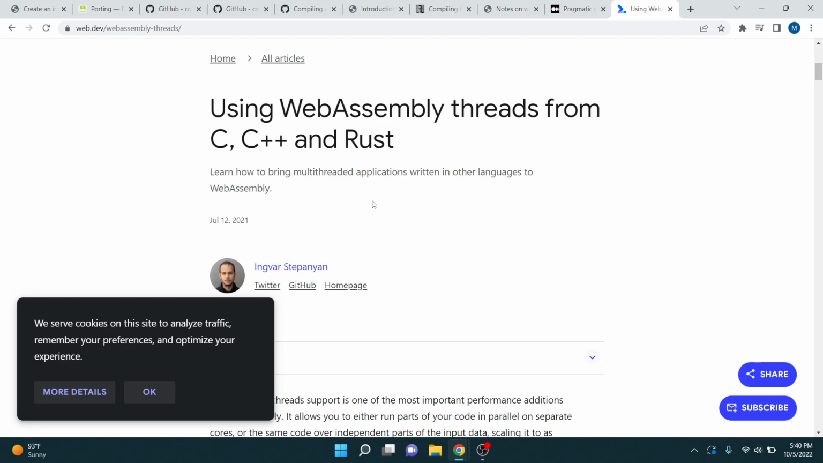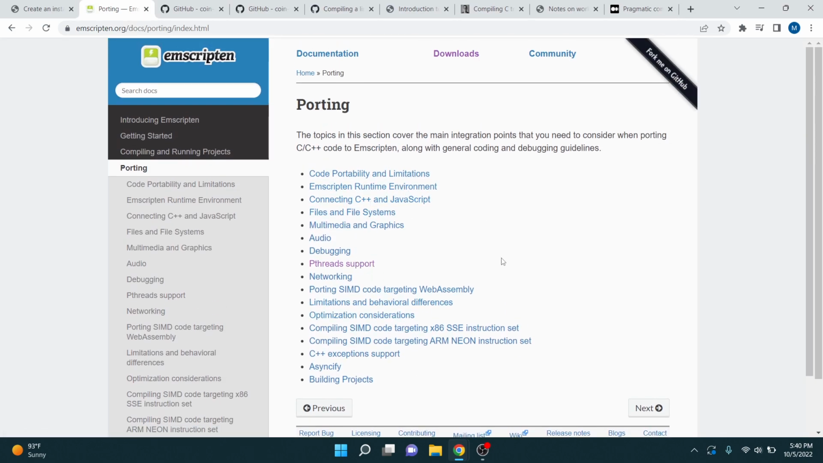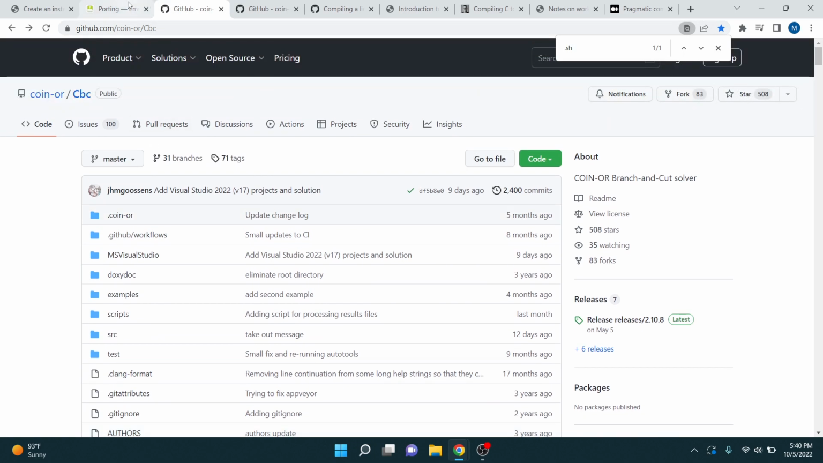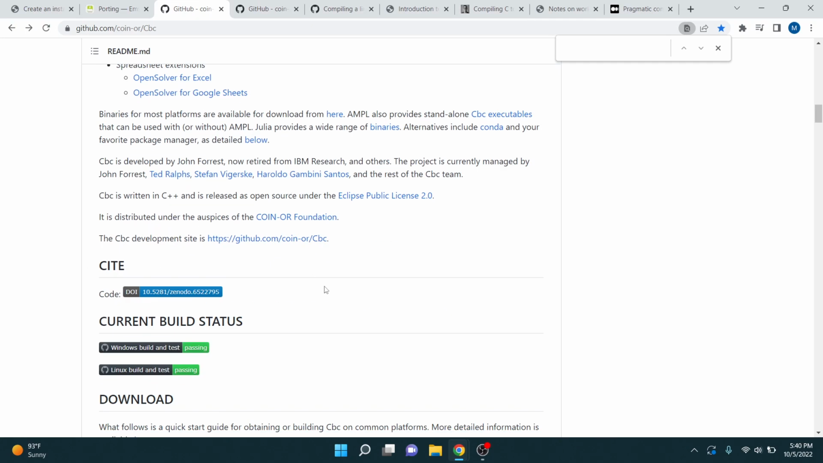WebAssembly, you can use threads. So that could be useful. And another reason to do it from scratch or to get this working. I mean, because I know for sure this has support for threads because I've been